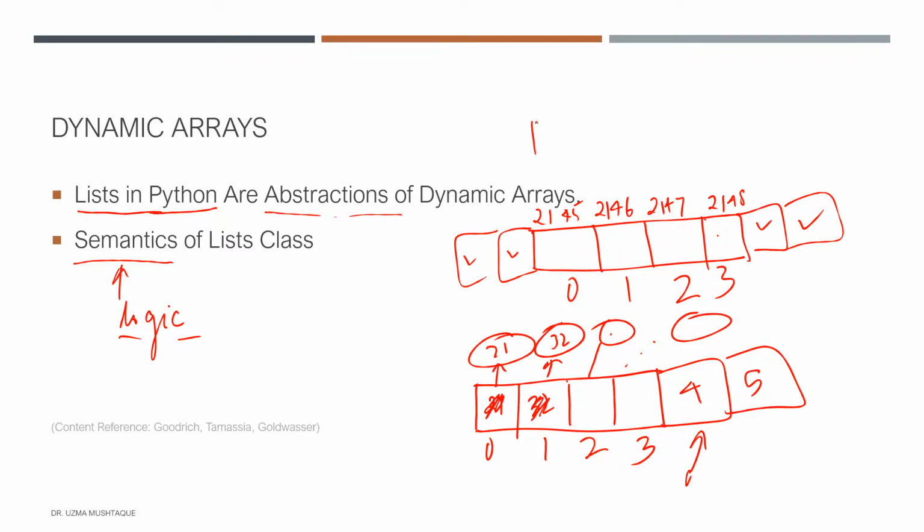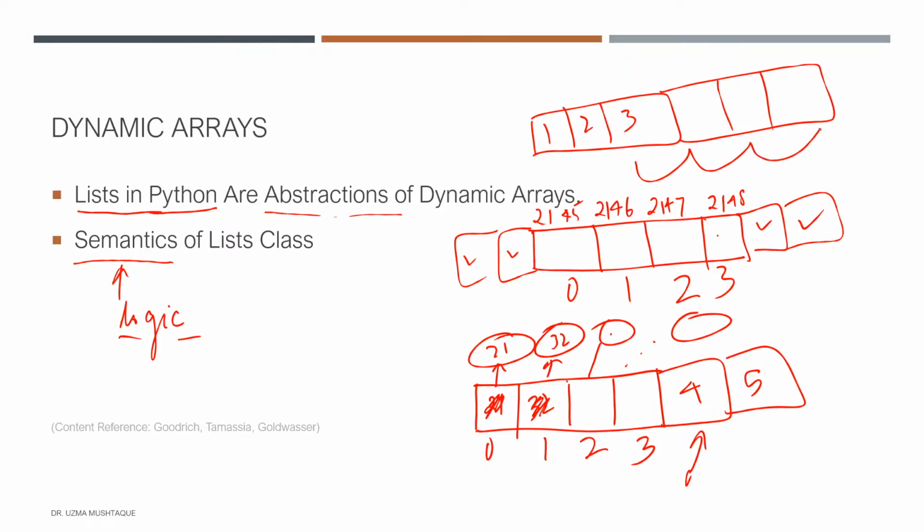We can just think about it. Let's say the size of my array was 3, 1, 2, 3, and let me reserve a capacity of 6 just in case I need it. However, you might have seen in one of our Python courses that we do a lot of append with loops, especially with textual data. In that situation, any reserved capacity will run out. So a list class or a dynamic array class will request a new larger array from the system, initialize that new array and put all the elements in it, and the old array will be reclaimed by the system. So if this goes on increasing, obviously this will go out of space.